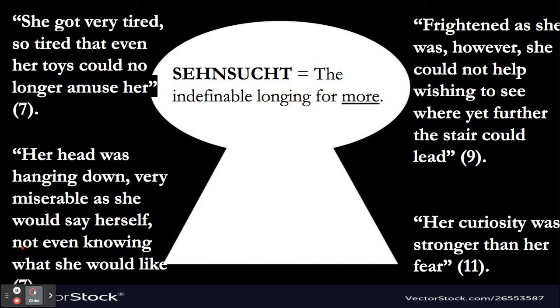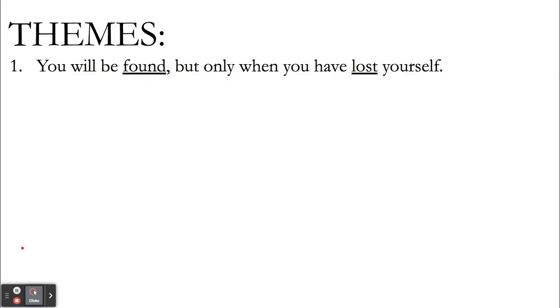All right, last thing I want you guys to write down, and this ties in with this, maybe on the back. So if you go to the very back of the book, there's a blank page. And I want you guys to write a theme list. So if you flip to that very back page, I want you to write, just themes at the top, like we've done in past books. But and here's this first theme,